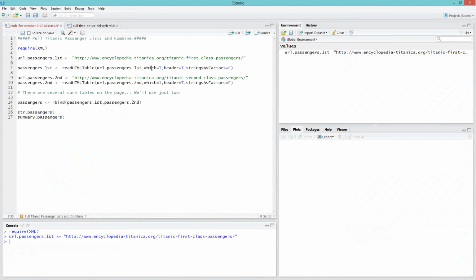But you tell it which table by saying which equals 1, or which equals whichever number you want. This table has headers, so I'll say header equals true. And one of our favorite parameters to set, strings as factors, I'll say equals false, so that the character data comes in as character rather than factor data. And when I run this command,